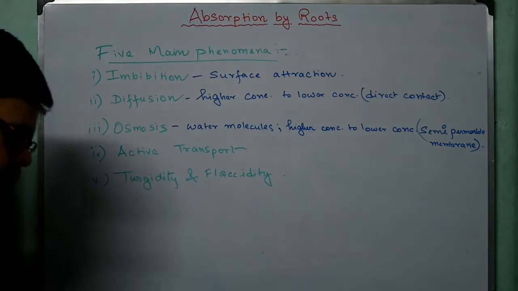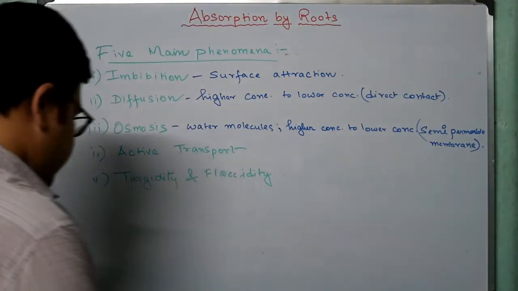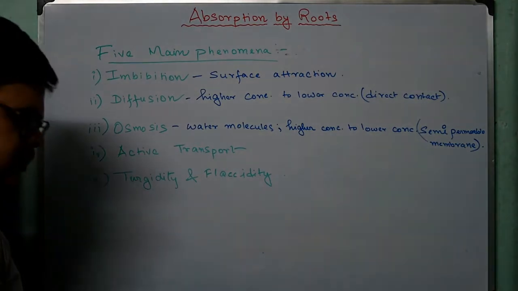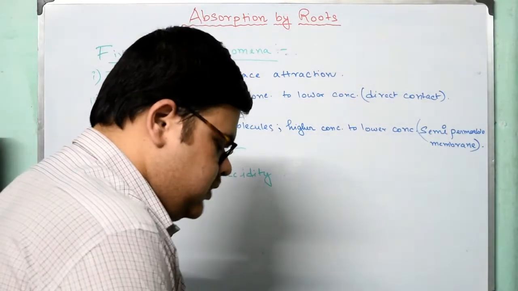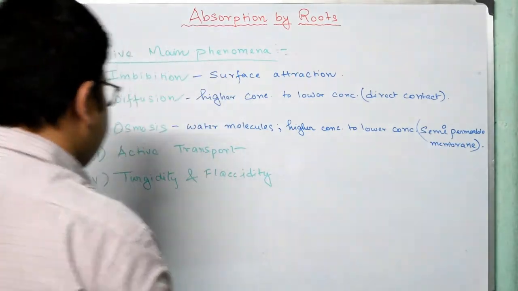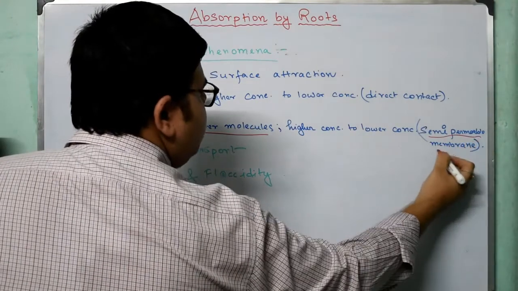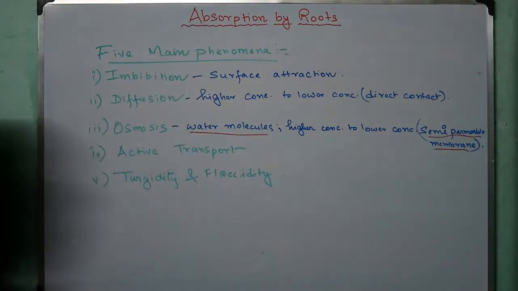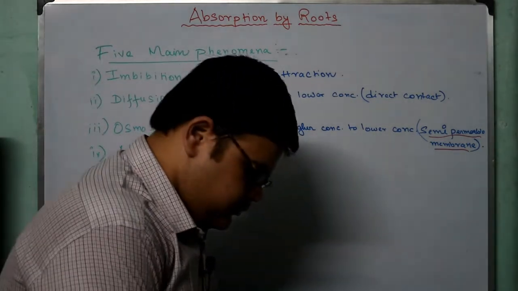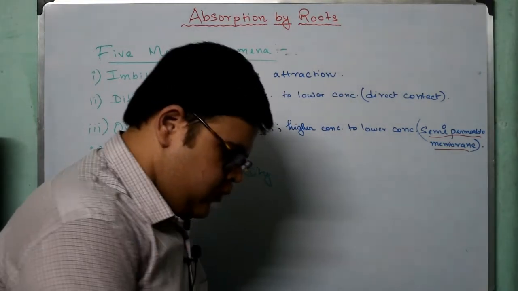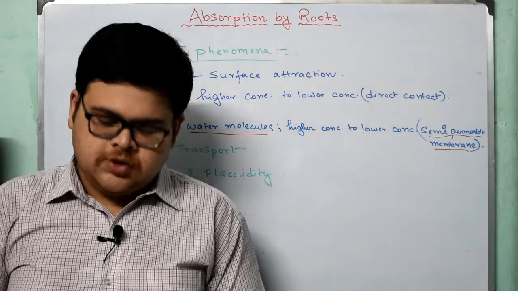This is very important, that is, through a semi-permeable membrane. And this particular water molecule is also very important. See, this water molecule and semi-permeable membrane are very important. This defines osmosis. Moving forward, what happens with the definition of osmosis?